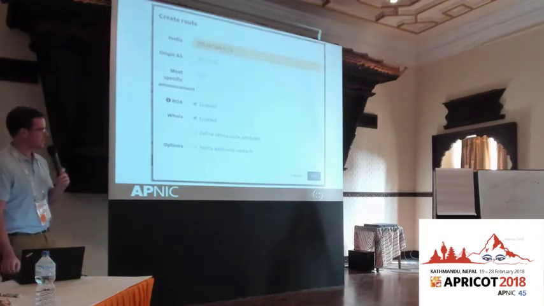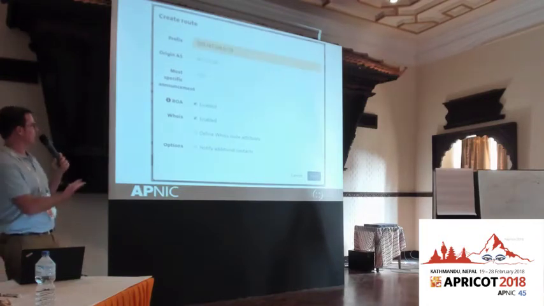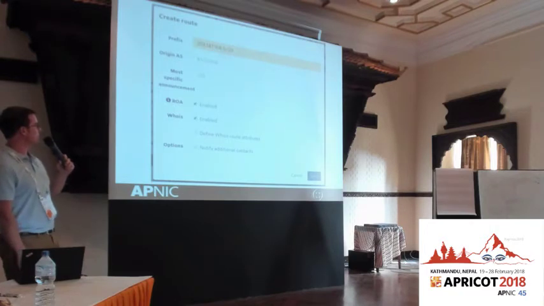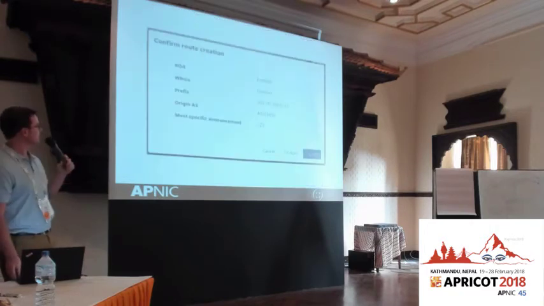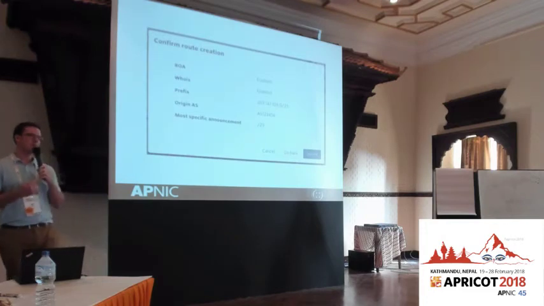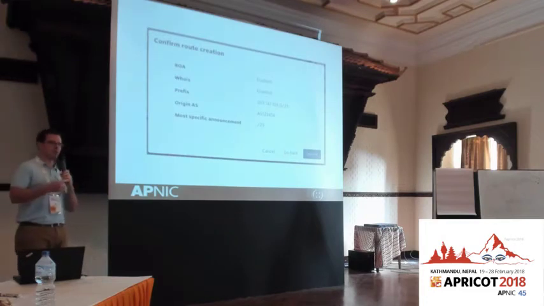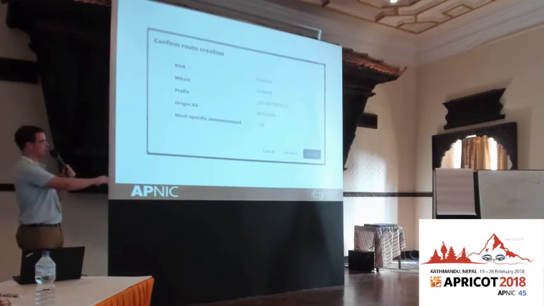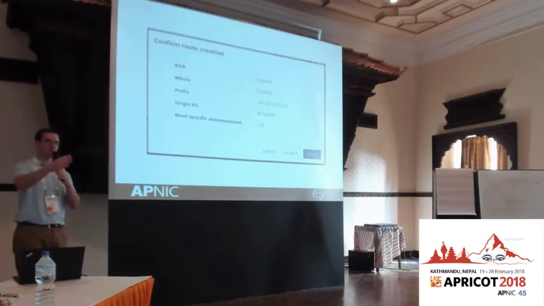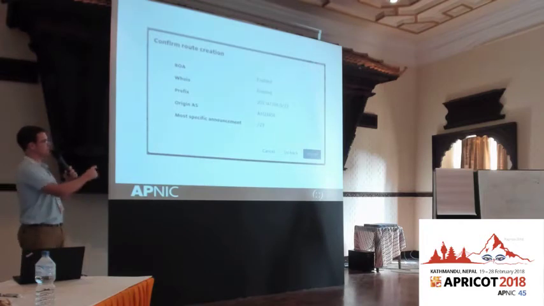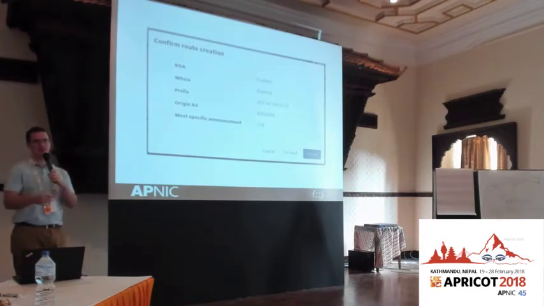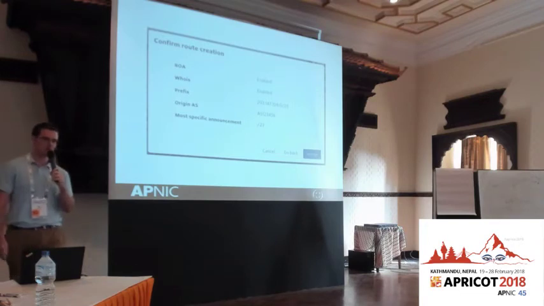So after doing that, you click Next. This is an example of a filled out form. Click Next. Get a confirmation dialog. One thing that happens though, if you are using max length for the route, is there'll be another table here which shows each individual route. So for example, if you have a /22, max length 24, but you only want the /24s to be permitted, then from this page you can disable the /22 and the 2 /23s.